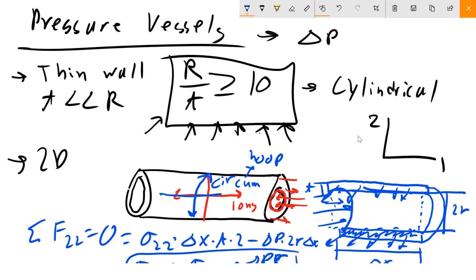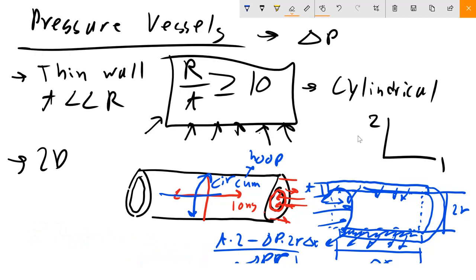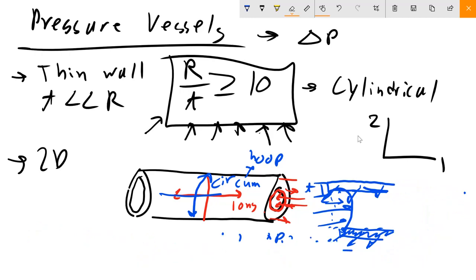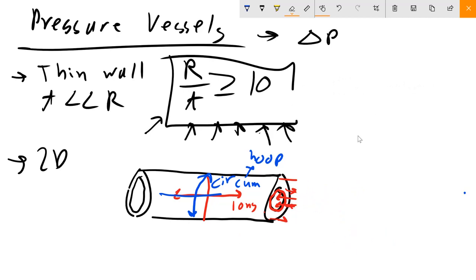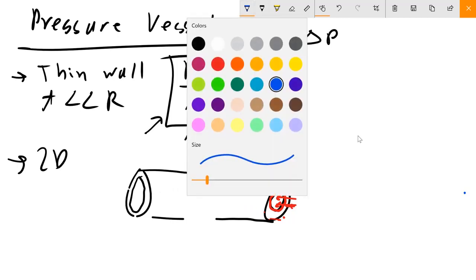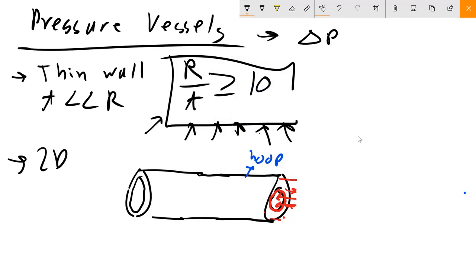So this, I'm going to erase now. Hopefully that was clear, and we'll take a look at a better drawing in the notes in just a second. But this is an extremely important finding. So I'm going to erase here, and we're going to write this out a little bit clearer. I'm going to clean up this diagram here. Let me redo here. All right, so let me write out that again.